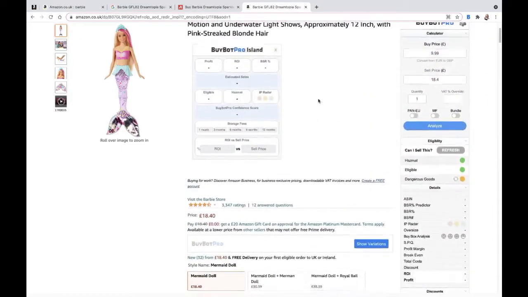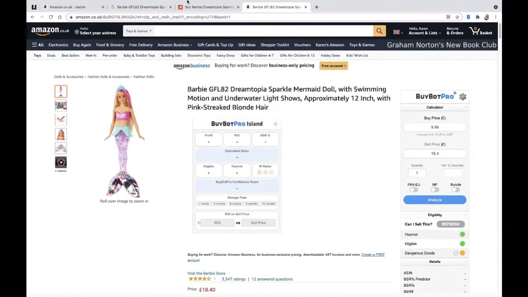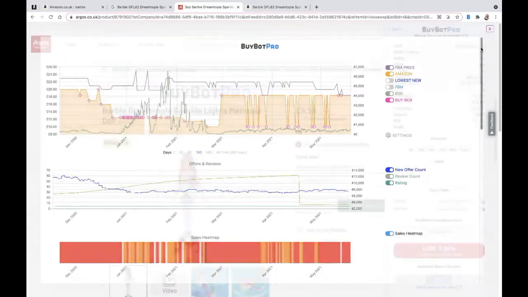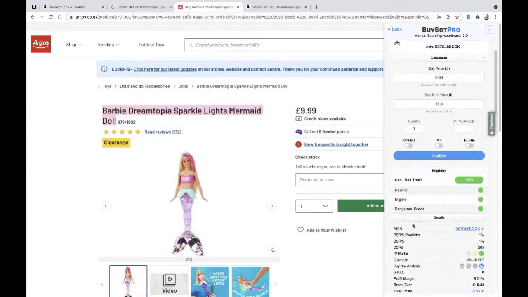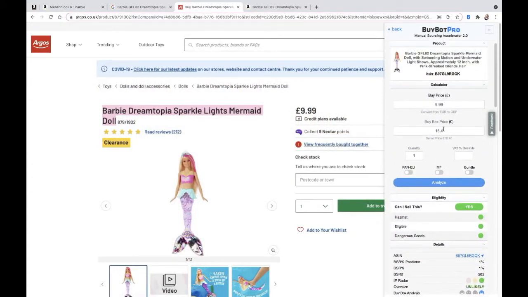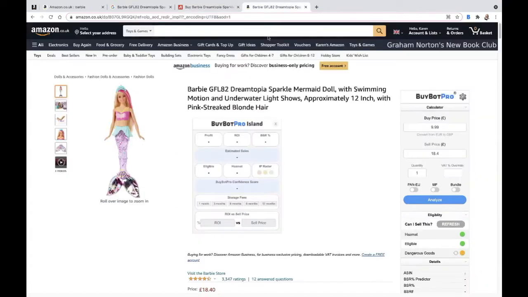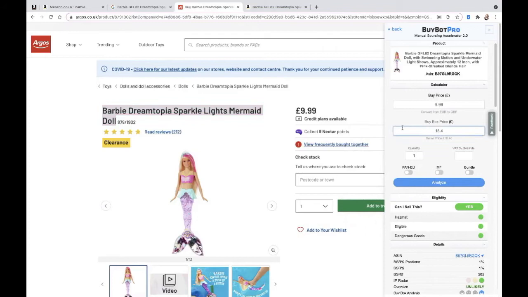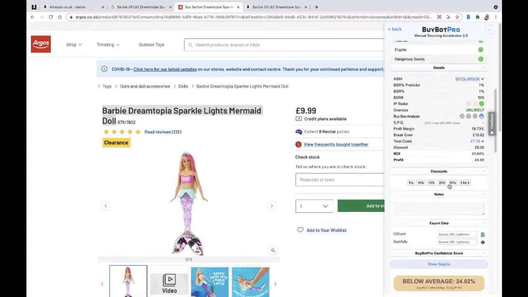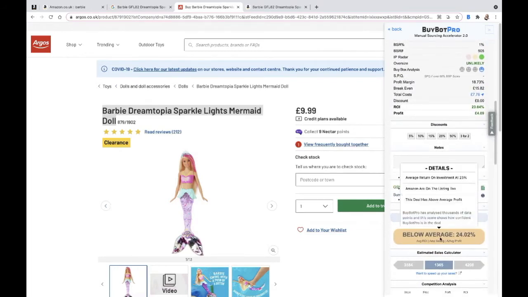So you can analyze the deal either on the Amazon website, or you can analyze it on the website here. But you can have a look, reanalyze that. $9.99. We were going to sell it at 21 something, which I can't remember. 21 pounds in there, just as an example. So we'll analyze that just as an example. And obviously BuyBotPro has brought up the confidence score, because you said you're okay with something approaching that sort of ROI level. So it's still fairly low, but it's much better. So that's what the manual sourcing accelerator does.